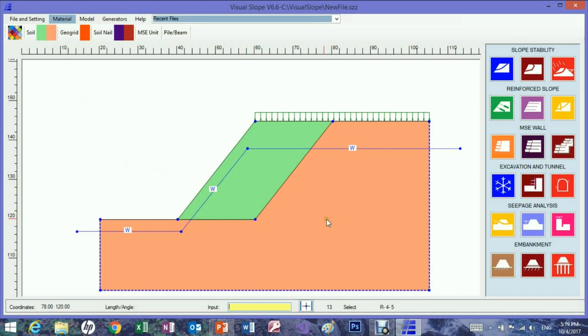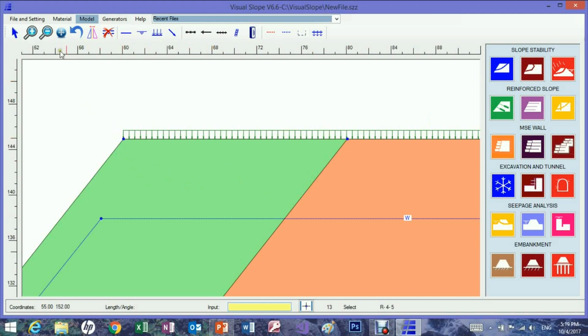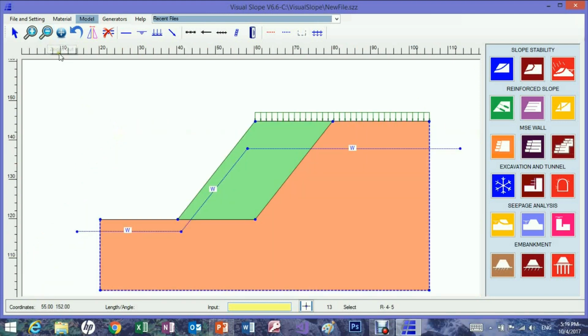Then the material is assigned. You can use the right mouse button to see the material name and the basic properties. And there are other features for the modeling. If you want to zoom in, you can click zoom in, and you can zoom in on one location, and you can go back, and you can move the model